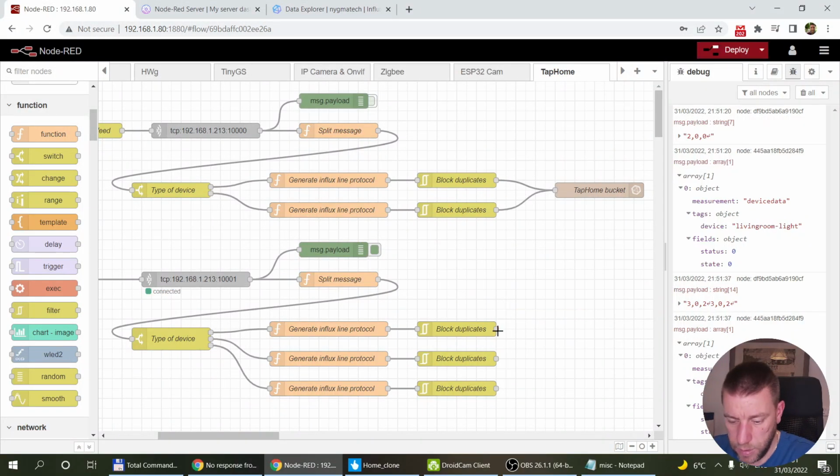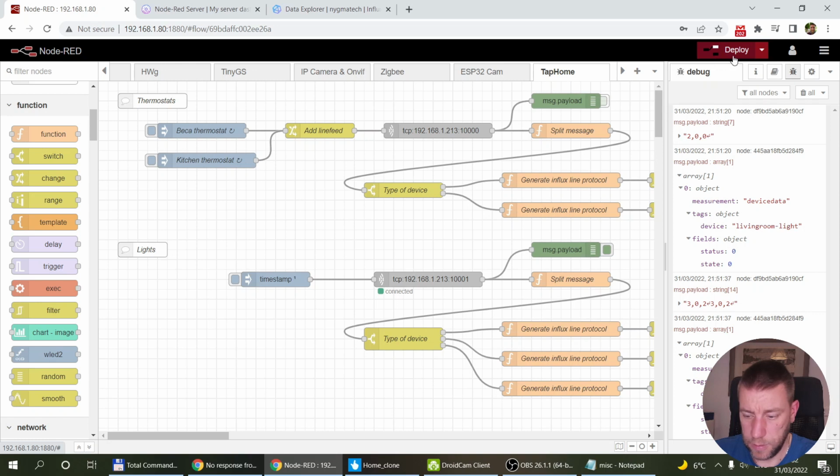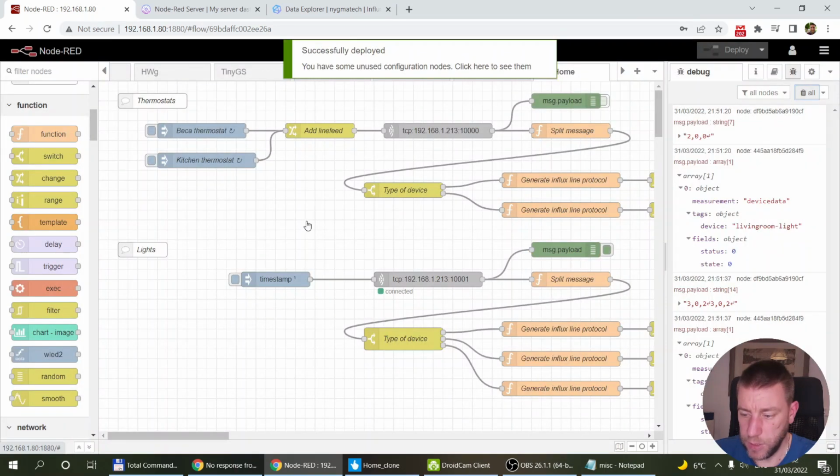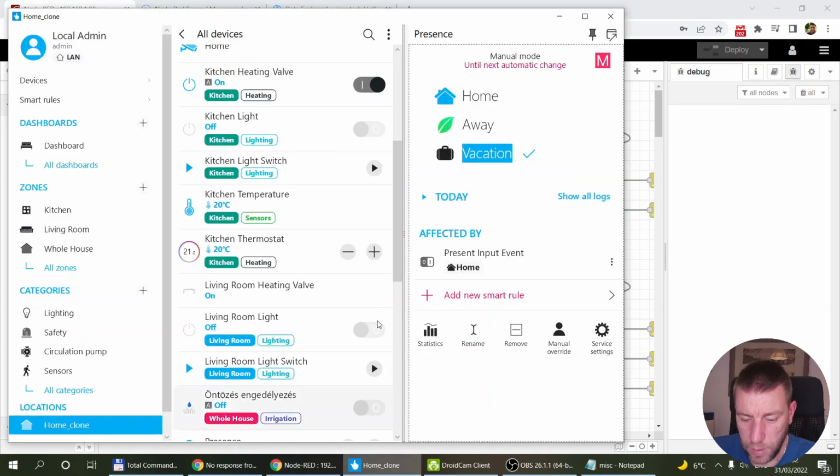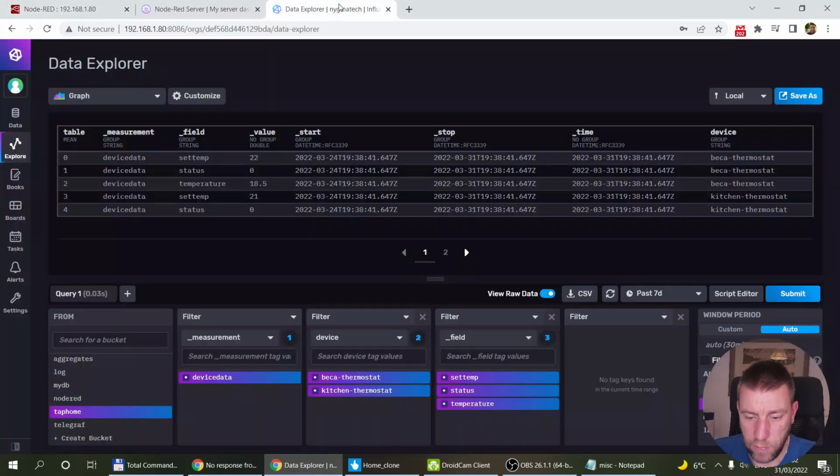Okay, I think we have done enough debugging, so whatever comes out we can just send directly into the influx node. Okay, and that's it. I'm going to deploy the changes, and I can delete or just turn this one off as well. And if I start playing around with the lines, and I turn this one to home, and I turn on the kitchen light, and now if we go to InfluxDB and refresh, we should be able to see that